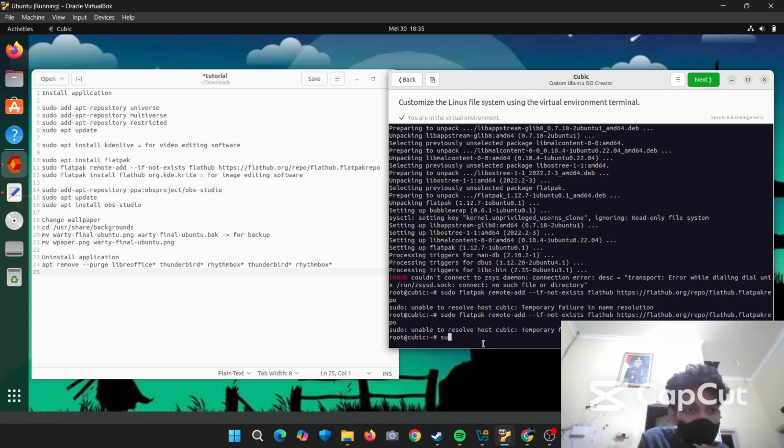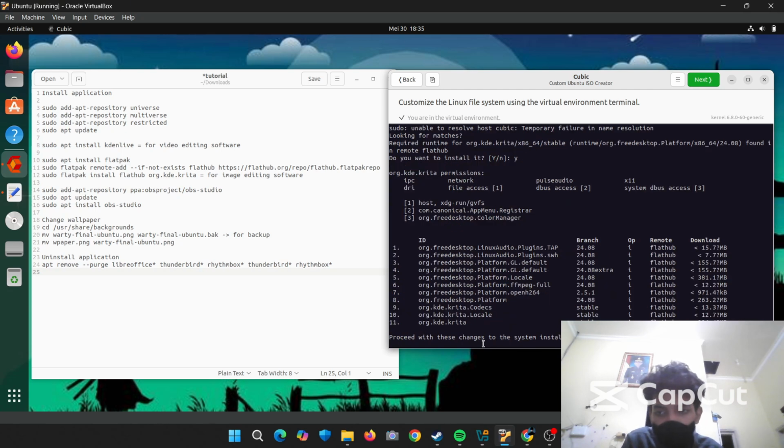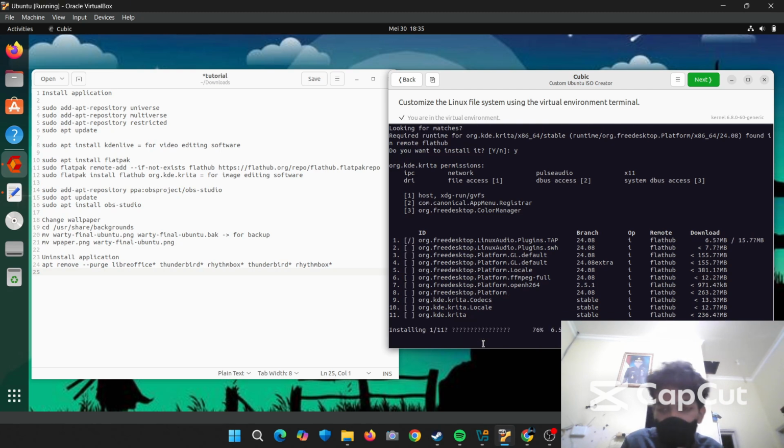And then the next step is we use this command to install Krita. We press yes for the installation to go ahead, and then we wait for the download to finish.